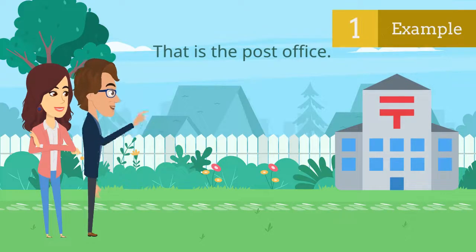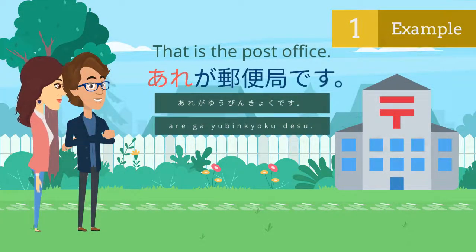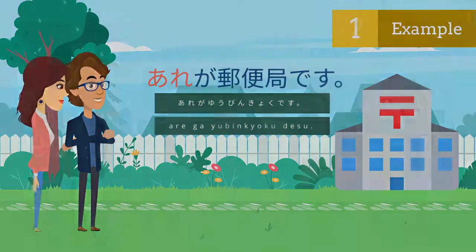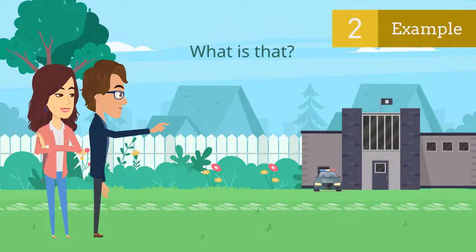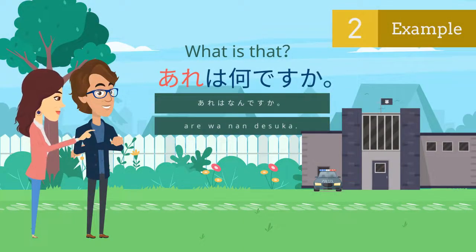That is the post office. あれが郵便局です。What is that? あれは何ですか？